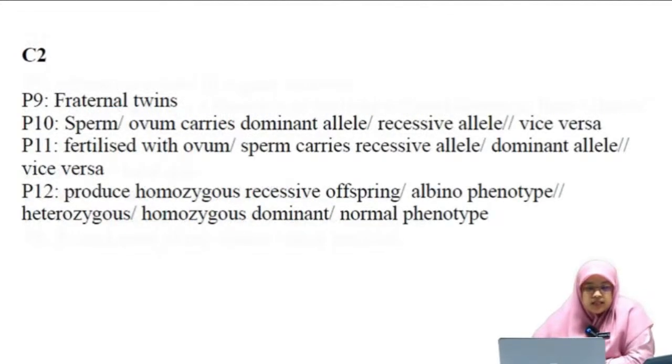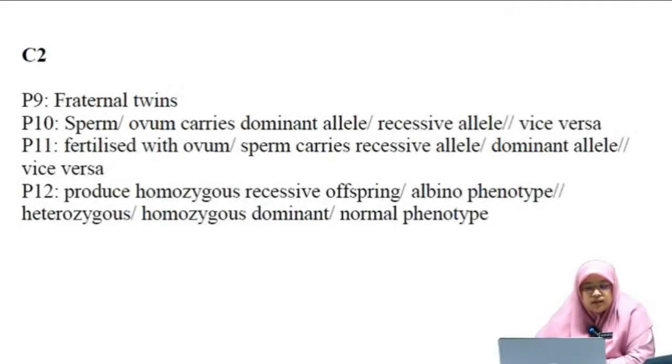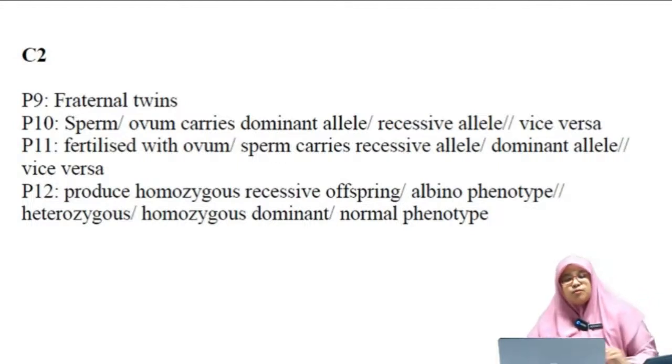Next, the twins have different phenotypes. Why? It is the skin color phenotype. Why? Because they are fraternal twins. A sperm or ovum that carries a dominant allele or recessive allele, or vice versa, fertilizes with one that carries a recessive allele or dominant allele, or vice versa, to produce a homozygous recessive offspring with the albino phenotype, or a heterozygous or homozygous dominant offspring with the normal phenotype. Here it means